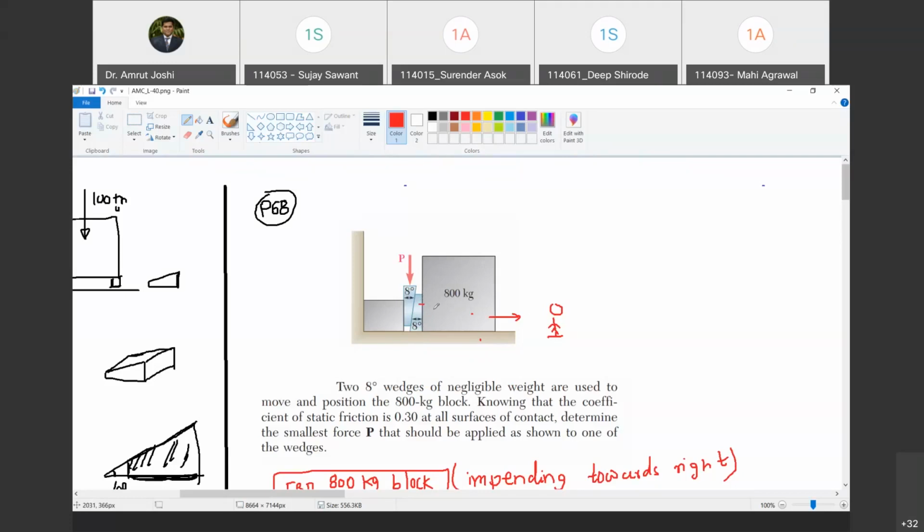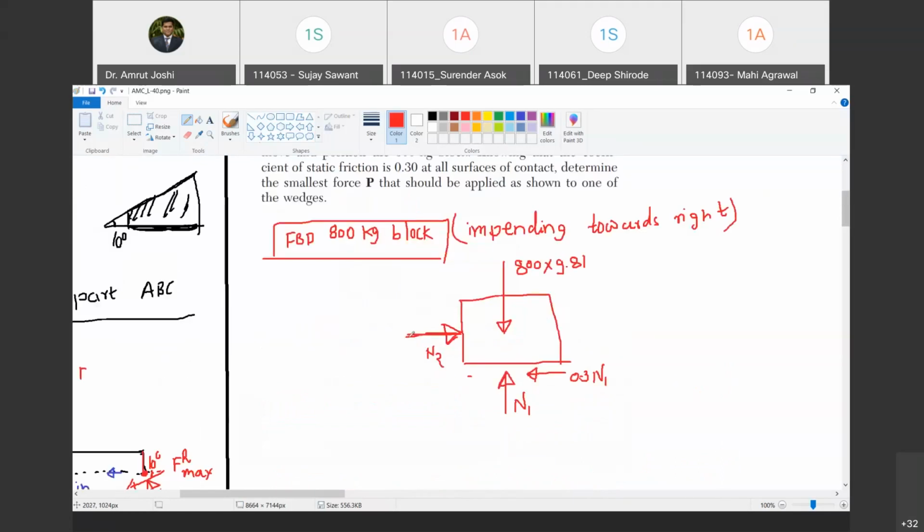Yes, sir. So there is no tendency of moving in the vertical direction. So there is no question of frictional force existing between the two surfaces in contact. Even though they are rough surfaces, there is no tendency of relative motion. Are you with me? Yes, sir. So there is not going to be any force that is going to prevail between these two blocks. Happy? Yes, sir.